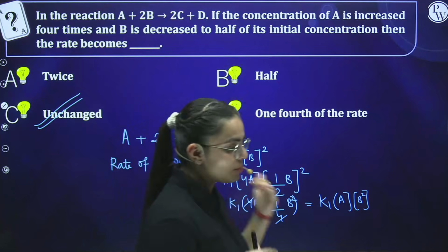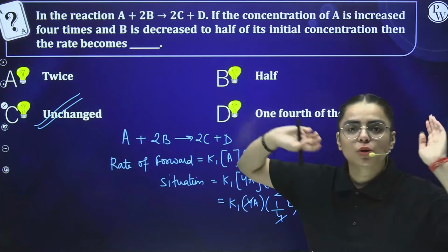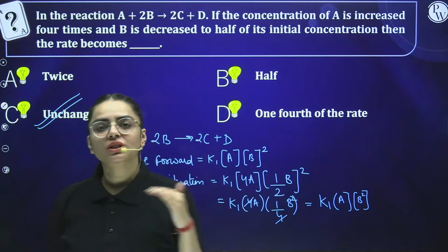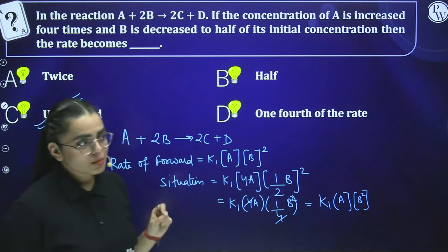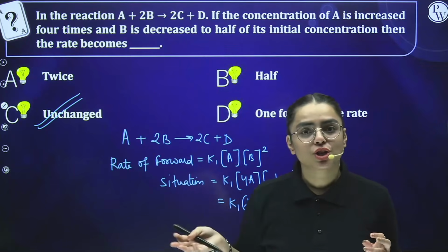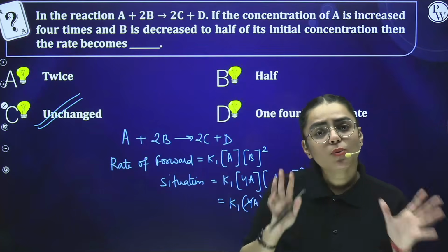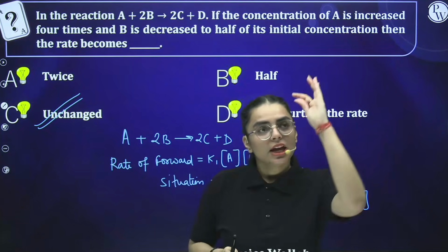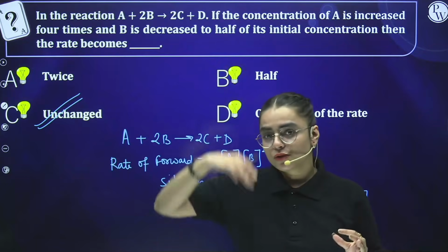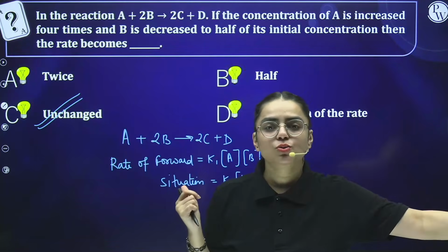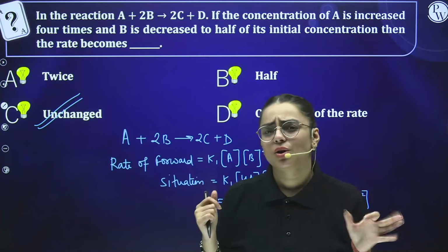Because in some of the questions they are going to ask you from the law of mass action. In some of the questions they are going to correlate with the Le Chatelier principle. In some of the questions they are going to ask you about Kp, Kc, degree of dissociation, alpha. So I want you all to make a flow chart or a formula sheet in which you write the formulas from the very beginning to the last topic, and paste it on your cupboard, students, because it is going to help you a lot in your examinations.